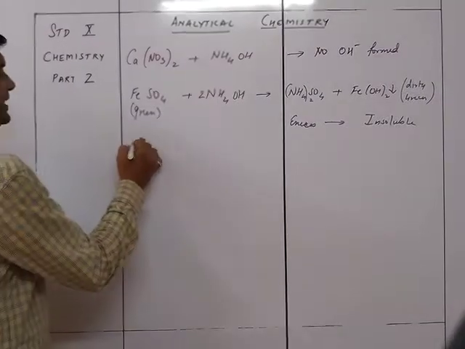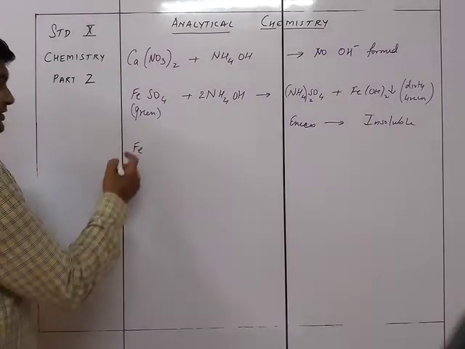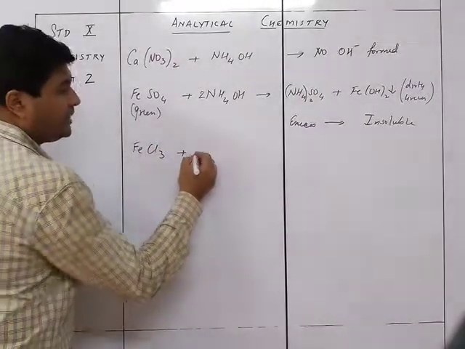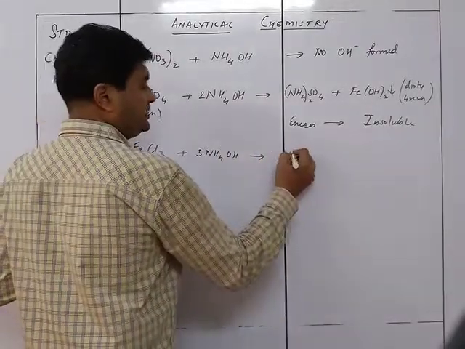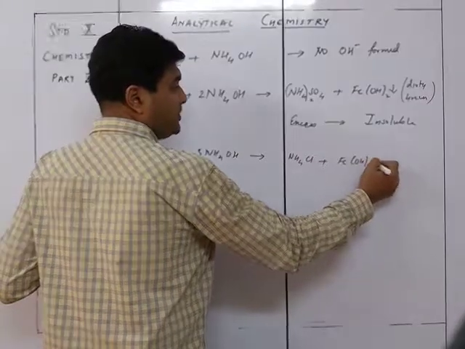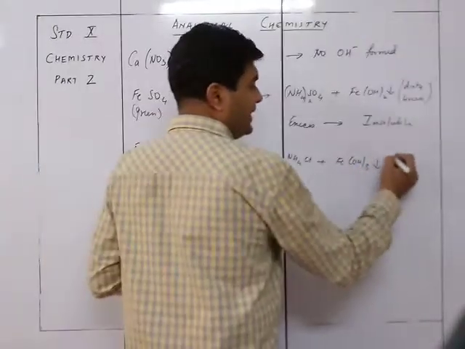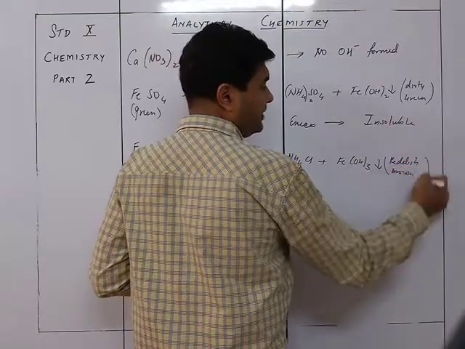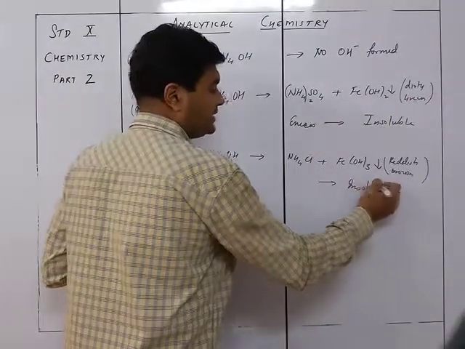The next we see is Fe. Oh, I missed one. Okay, I'll take magnesium after this. The next one is FeCl3. So FeCl3 plus 3 NH4OH is going to give me NH4Cl plus Fe(OH)3, which, again, was red in color, so it is going to give me a reddish brown colored precipitate, which again in excess will be insoluble. So this is the reaction you are going to have.